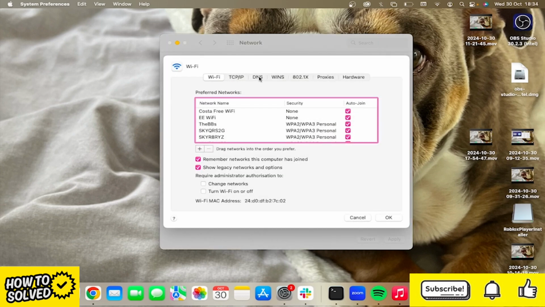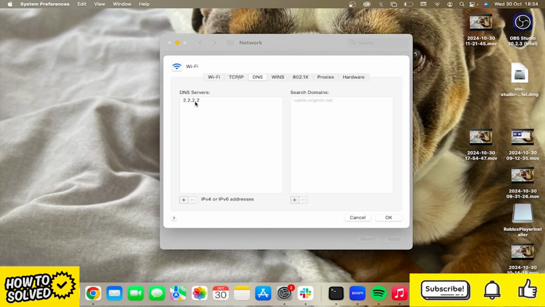Head over to DNS from this menu, and if you have any DNS servers listed here, what you need to do is click on it like so, and then we're just going to remove it by pressing this minus icon, and you want to make sure that you don't have anything inside of DNS servers. Once you've done that, what we're going to do is click on the plus icon, and then you're just going to type in